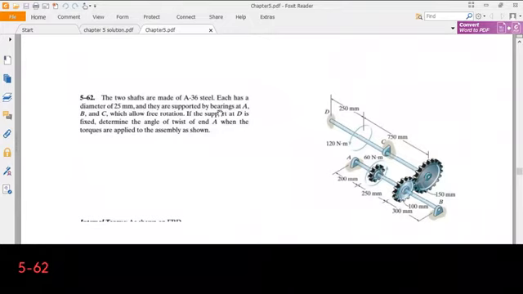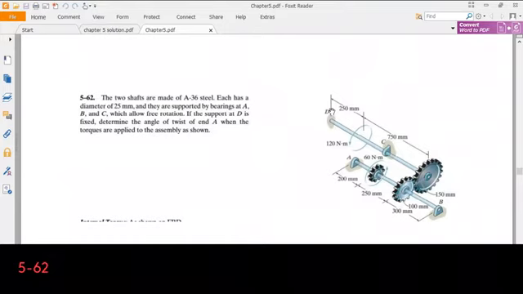They are supported by bearings at A, B and C, which allow free rotation. If the support at D is fixed, determine the angle of twist of end A when the torques are applied to the assembly as shown. Okay, so we have a system with two shafts, and at point D, the